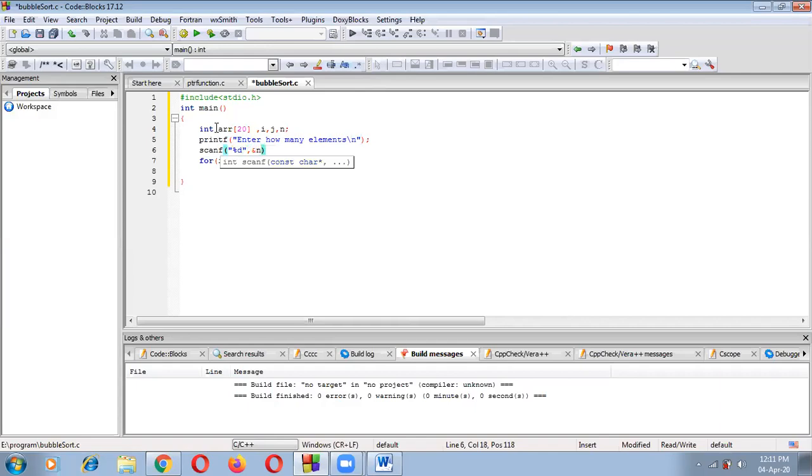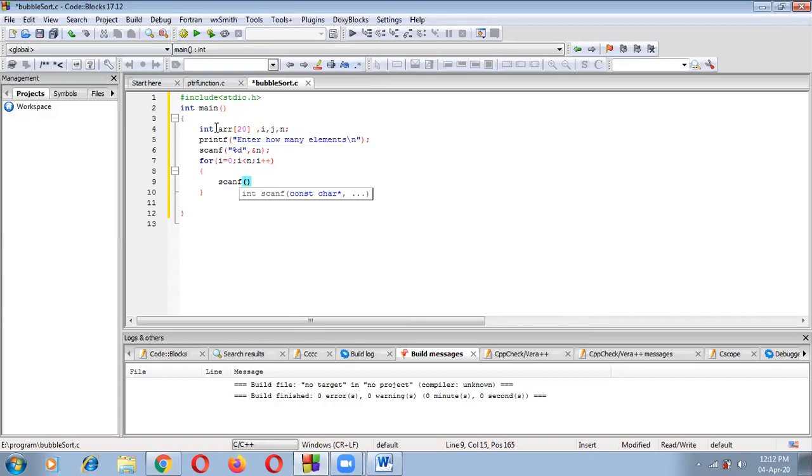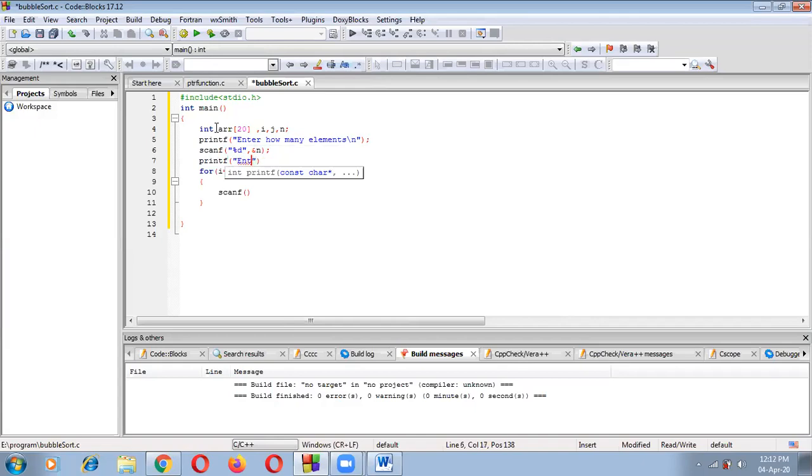And then for i = 0, i less than n, i plus plus, I input the numbers with scanf. I give here another printf for ease of understanding: "Enter the numbers", then scanf with %d. Okay, now